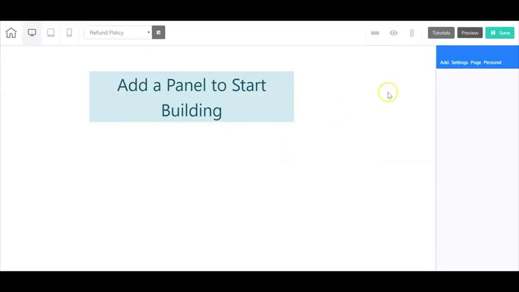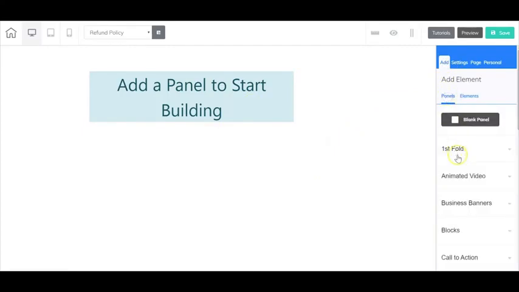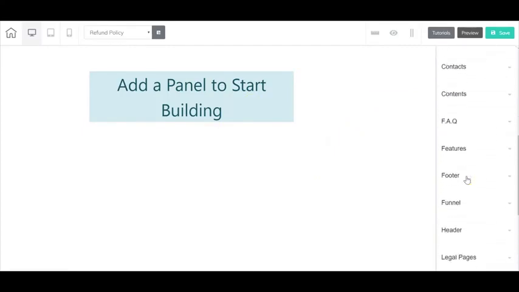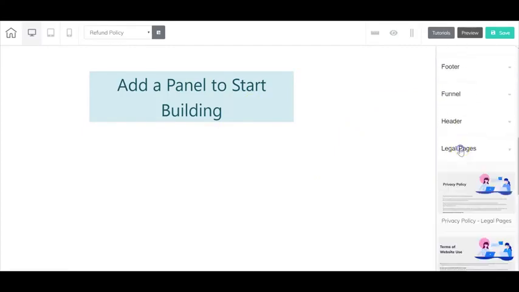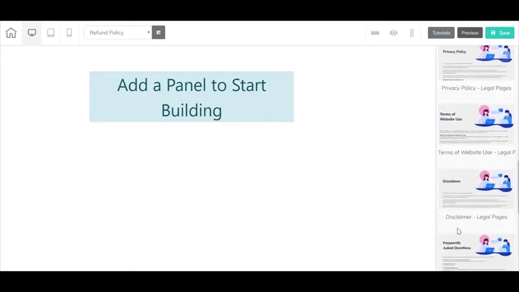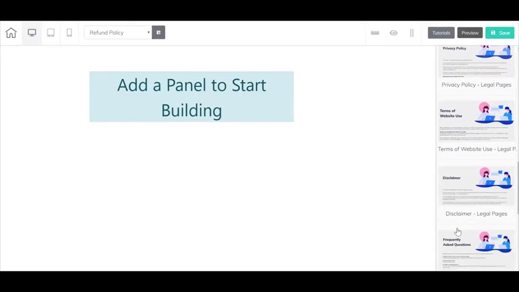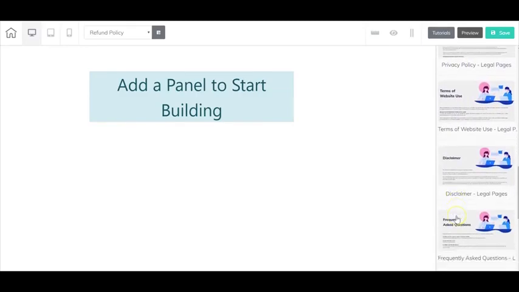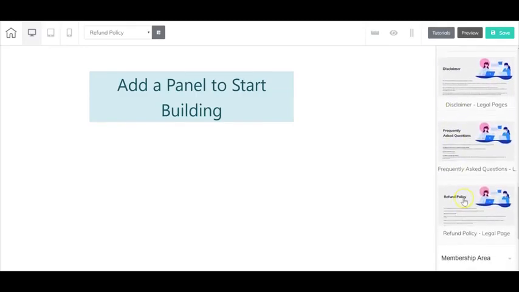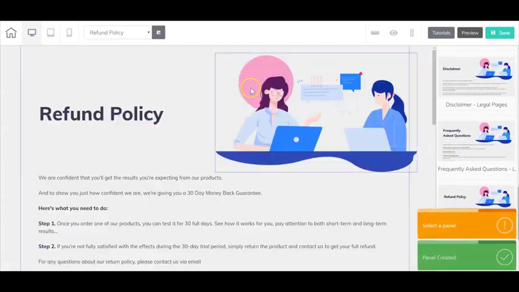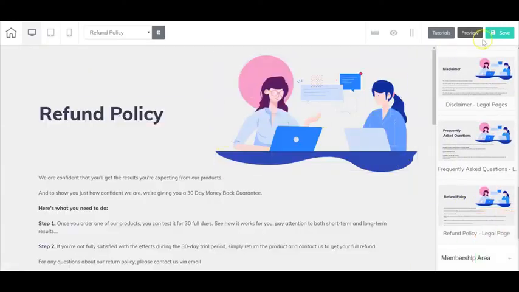All you have to do is go over to the right, select add, select panels, and then scroll down until you see legal pages. These are going to be all of the different legal pages that you can use, complete, and ready for you to make whatever adjustments you need. So for this example, we're going to select refund policy by left clicking. And now it's added. All you have to do is click on save,